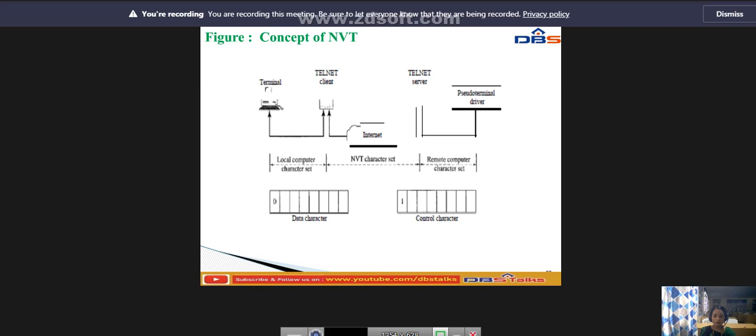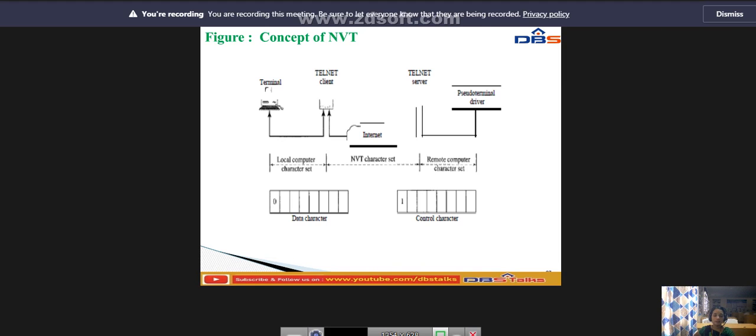The commands and text in NVT form travel through the internet. Whatever commands or text we take in NVT form travel through the internet and arrive at the TCP/IP stack at the remote machine.